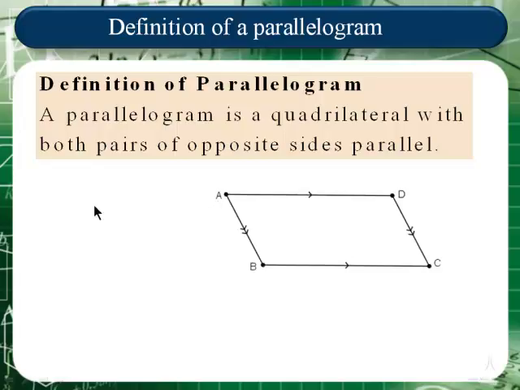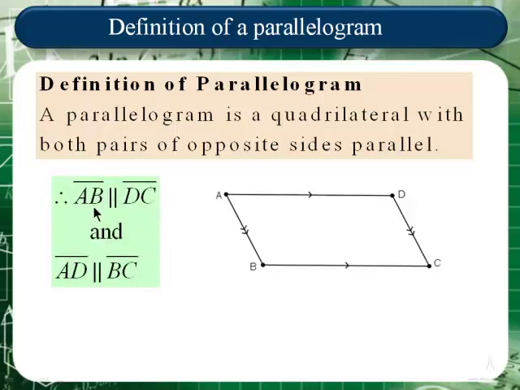So if I make a sketch, there are only 2 pairs of opposite sides, namely AD and BC is the one pair, while the other pair is AB and DC. And we know from the definition that both these pairs must be parallel. So in other words, line segment AB is parallel to line segment DC, and line segment AD is parallel to